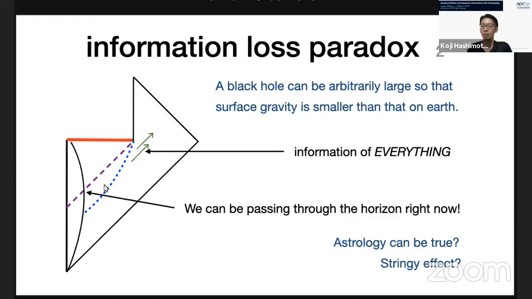But the information would have to come out already, well before the last point of evaporation. You would already have a lot of information coming out. For example, maybe 9/10 of the mass of the black hole is already evaporated. So a lot of the information is already out there, but 1/10 of the black hole can still be arbitrarily large. So the curvature is still small and you may not see anything high energy, and the low energy effective theory should still be valid. It should already tell you how information is transferred.